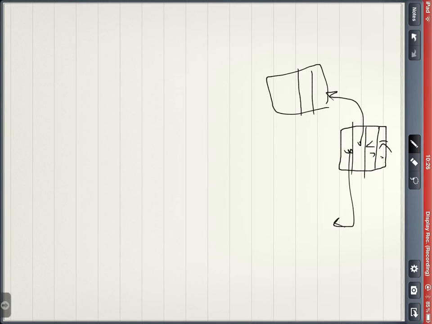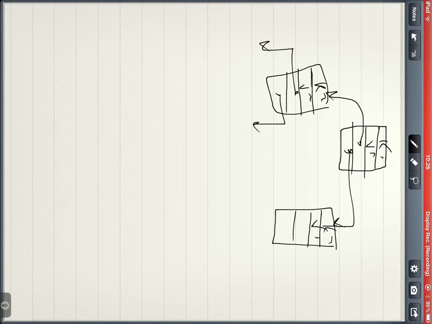So this is how it looks like. Key 1, value 1, and there is a pointer to the left and a pointer to the right. The pointer to the left points to the left child. So every record in our dictionary, we augment it with two pointers. One for the left, key 2, value 2, pointer to the left, pointer to the right, key 3, value 3, pointer to the left, pointer to the right, and you continue doing that until you have